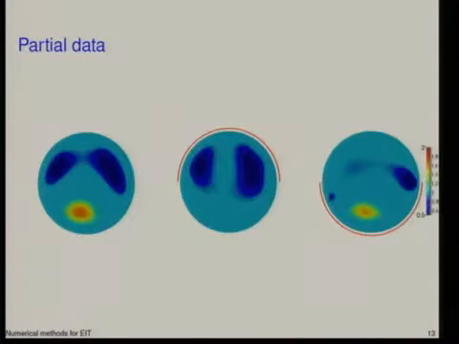Right. So if we go to this picture here, it's also clear that if we now measure the bottom half, we get information about this part of the inclusion, whereas we get only very blurred information about the other one, and it's pretty hard to tell the localization of these two objects. So the lesson to learn from this is that our intuition is correct in the sense that whatever is far from the boundary we measure is difficult to get. So whatever is close is easy, whatever is far away is difficult.